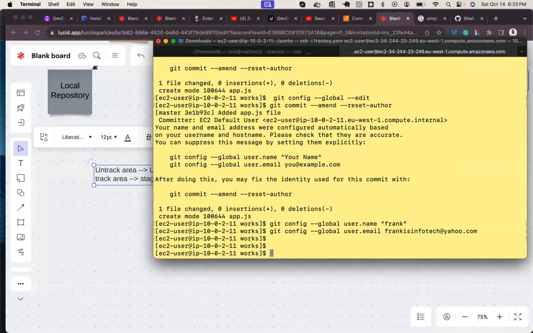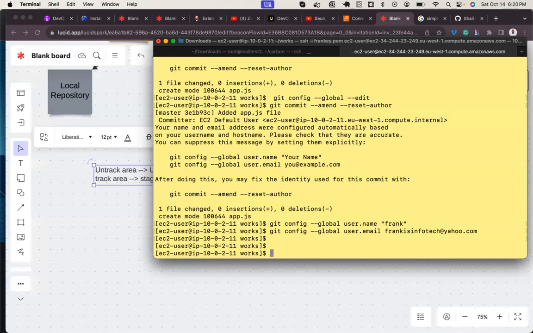So the reason for this, I'll show us the reason for this. Whenever I check the commit log, I'm going to see whosoever did the commit. So Git is going to show me who did the commit, and by so doing, it helps us to track what changes were made to our repository. All right.